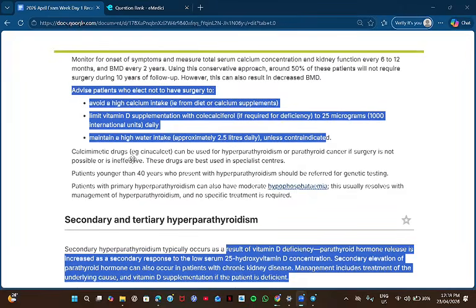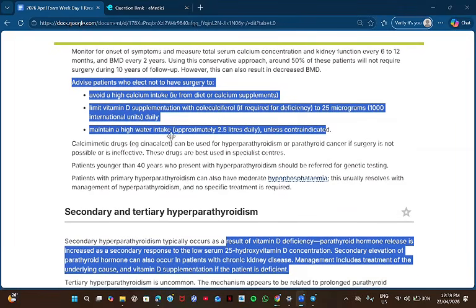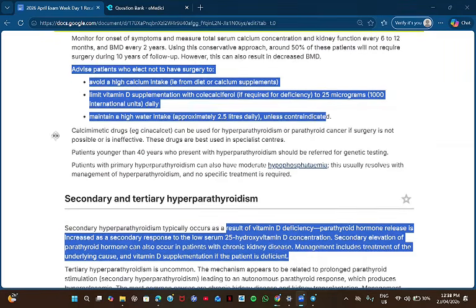Then maintain high water intake, right? Because you all know if there's a hypercalcemia presence, the initial management is what? Hydration, right? Hydration, like all are together here discussing, right? Okay, so